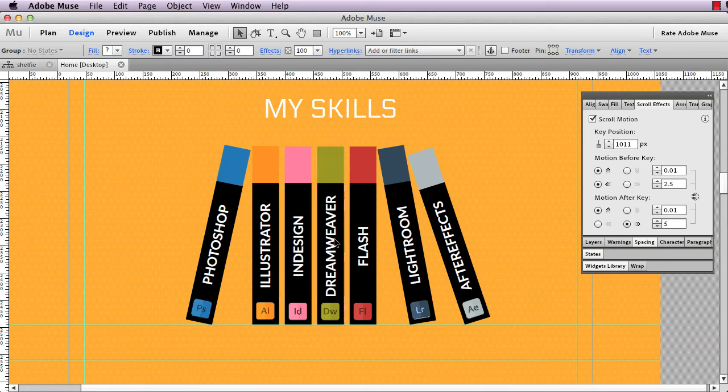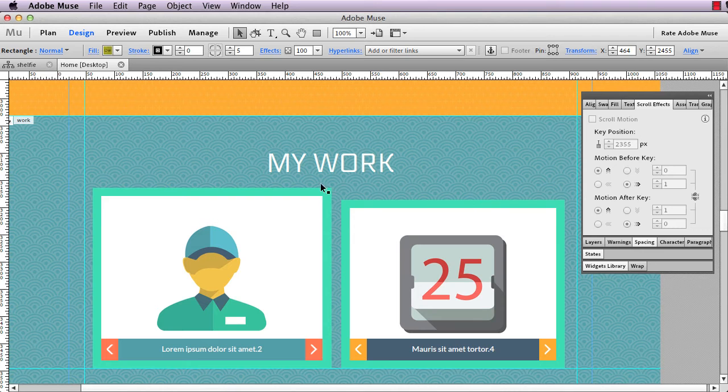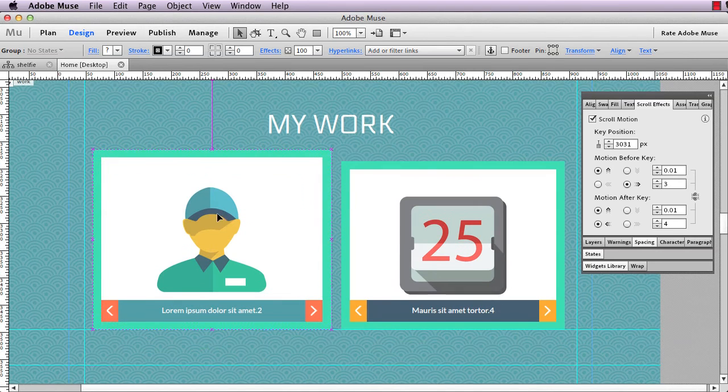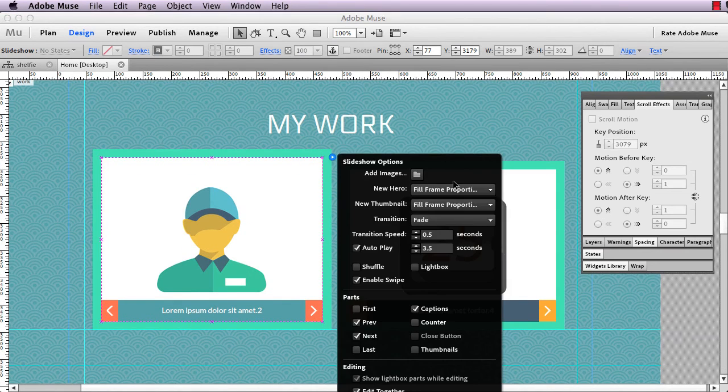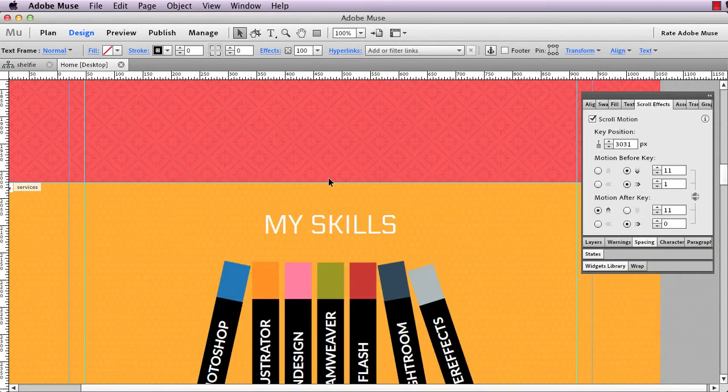Then our books, they've got a few different sections to them. So we've got this black rectangle, we've got a coloured rectangle, we've got the text, and then we've got a rectangle with a background image to create the logo. But these are just gallery widgets that have been restyled, and so you can add more images to those. And when you